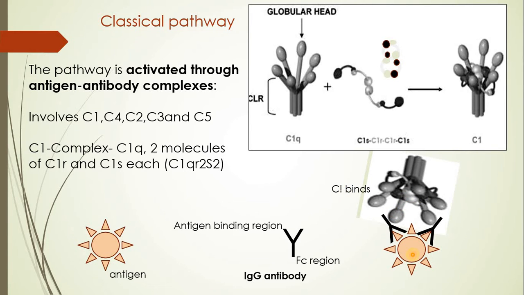There is an antigen which will be having epitopes bound with the antibody, and the free end, that is the Fc fragment of the antibody, is linked with the C1, that is the knobs of the C1 stalk. They will be seen binding with the Fc region of the antibody. This is seen when we are talking about IgG, indicating that for binding of this C1, there should be association of a minimum of 2 IgG molecules.